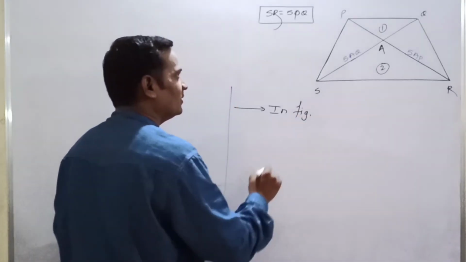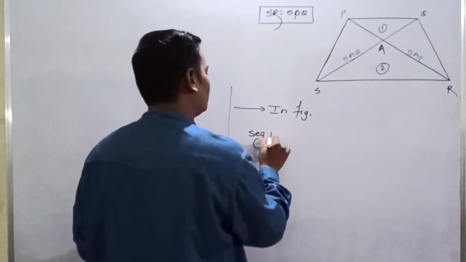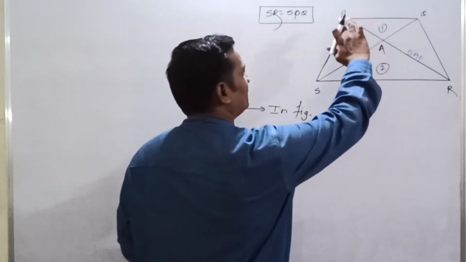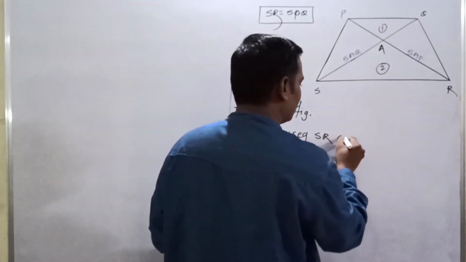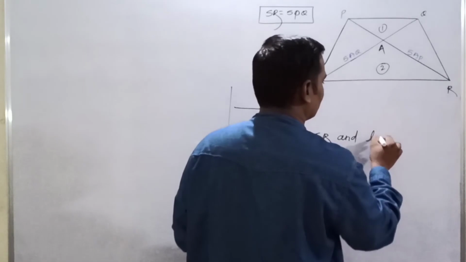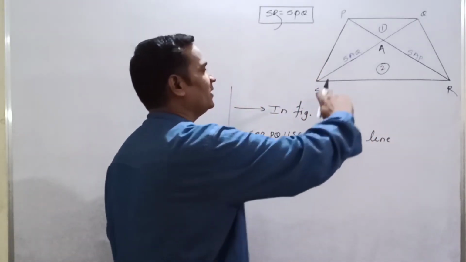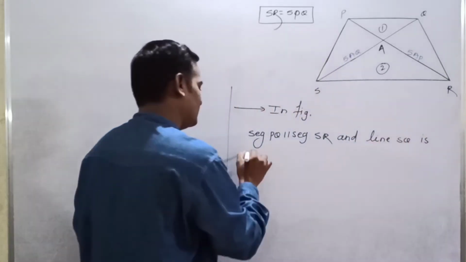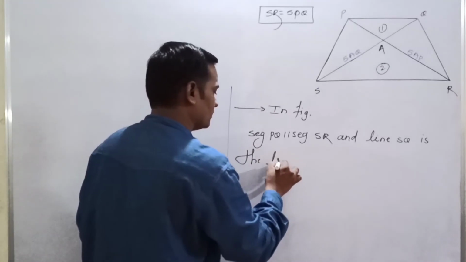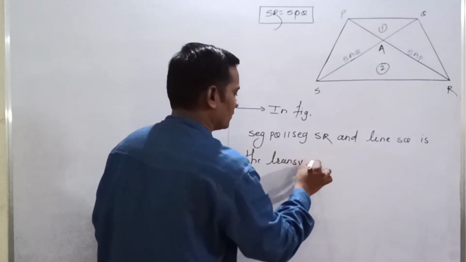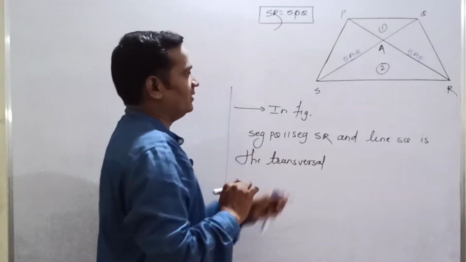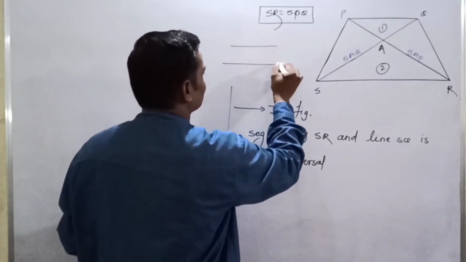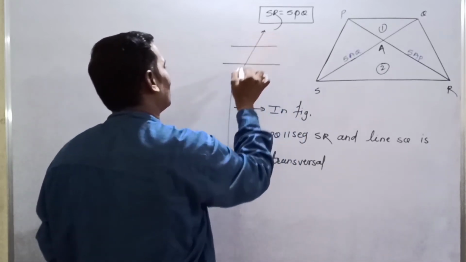So what is there in the figure? Look at that, segment PQ parallel segment SR, that is, PQ parallel SR, and a line, which line? Line or segment? This line SQ is the transversal. That line SQ is the transversal, and we know that